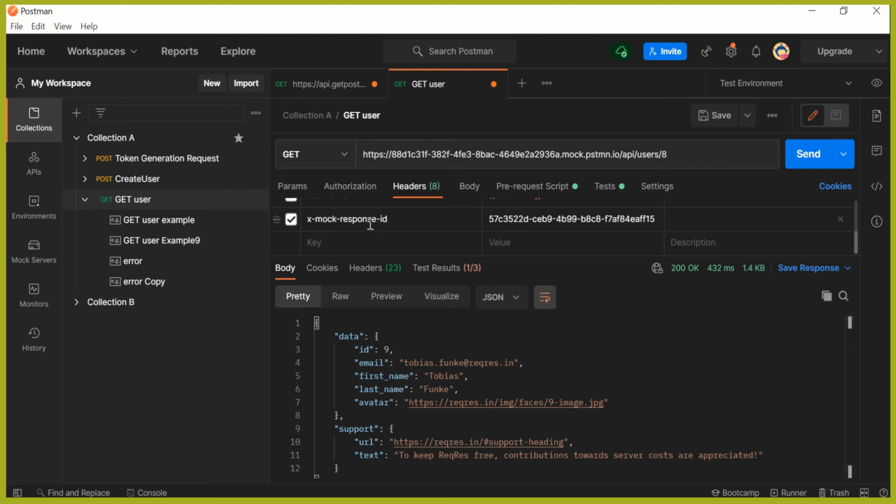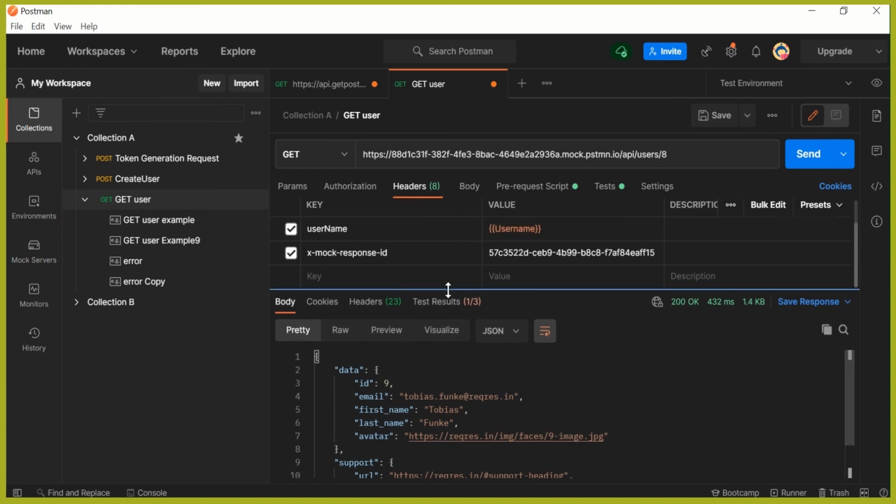This way you can make the Postman mock server return the response depending on this response ID, and this feature is very helpful when you don't want to go to the trouble of writing any complex scripts. You just pass this value and accordingly it will return the response back to the client. You can try it yourself, and in case of any issue, let me know in the comment section and I'll be more than happy to help you.